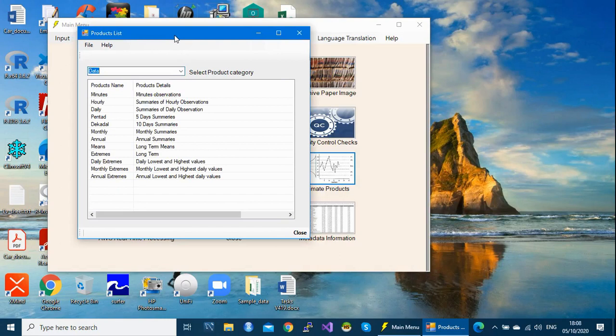This is a tabulated summary for different types of data products or data summaries you can extract from ClimSoft.